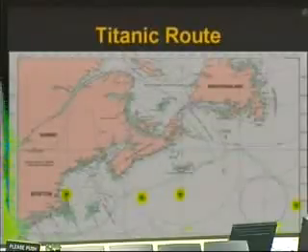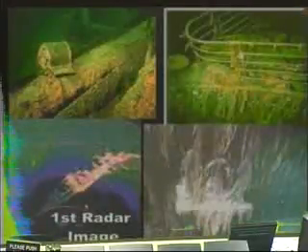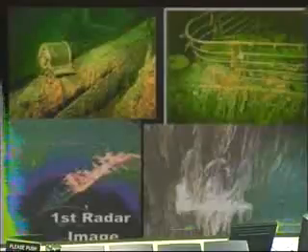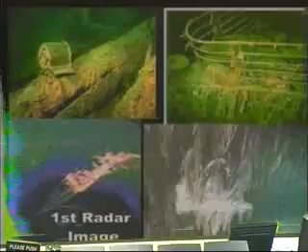So here he is. He's heading out to go find the Titanic in the North Atlantic. And here's kind of a drawing, a picture of Alvin and their little submarine. Here's some of the first pictures. The bottom left's the first radar detection they found from the surface. Oh, there it is. Let's go down there and find it. And these are the first pictures they ever saw of the Titanic.